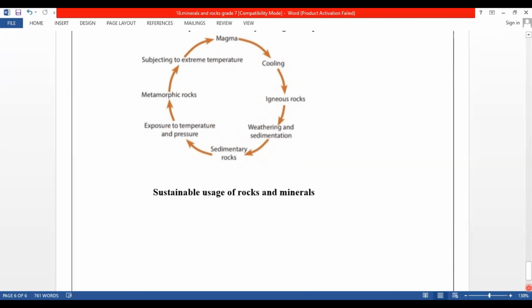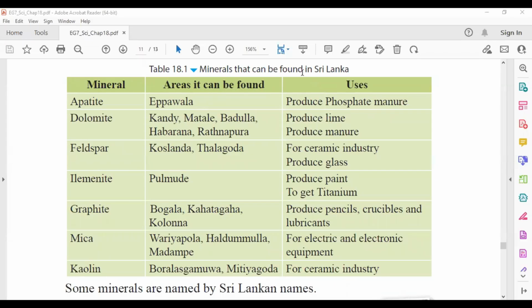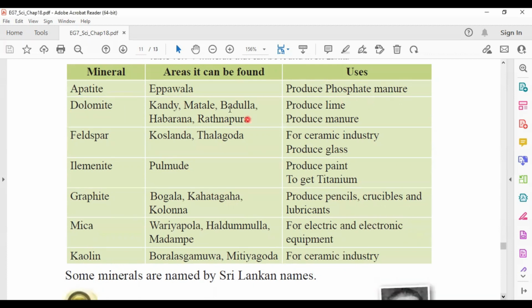Sustainable usage. That means we will see how we are using them, as in the table given in your textbook. These are the types of minerals, the areas where we can take them, and the uses. We can take the apatite from the Eppawala area. We use it to produce phosphate manure. Manure means fertilizers. Dolomite can be seen in Kandy, Matale, Badulla, Habarana, Ratnapura, and we use them to produce